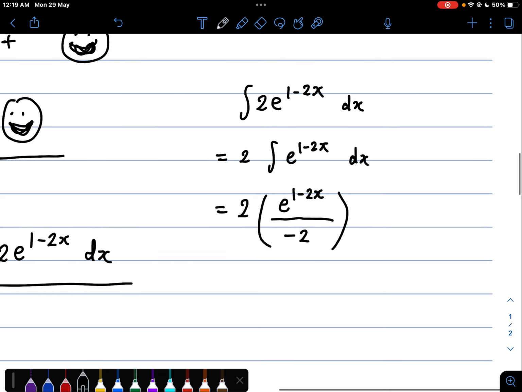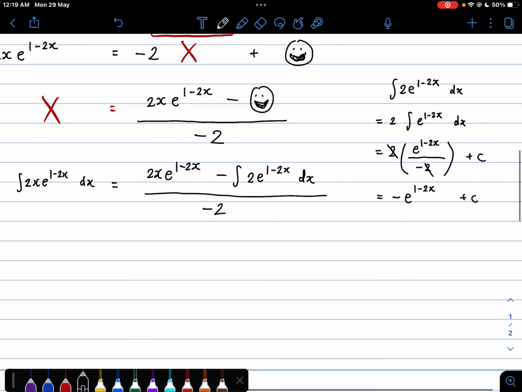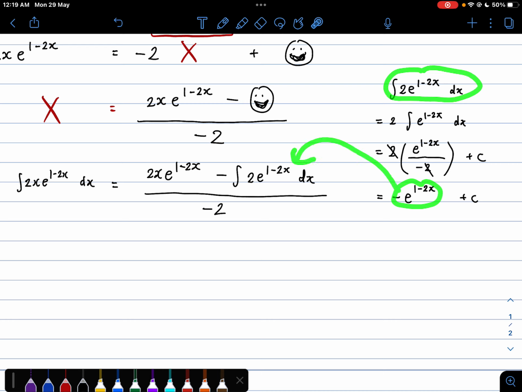I'll leave you to do on your own now. I will skip the plus c. Okay, eventually the 2 cancels away here and there. You're left with negative e power 1 minus 2x. Okay, I'll put a plus c to be accurate. Fine, plus c. This guy is the answer to the integral of 2 times e power 1 minus 2x. So I can just replace it over here. But be careful,